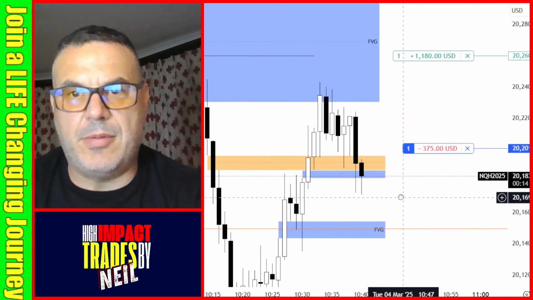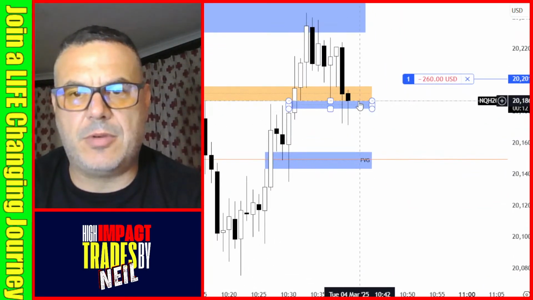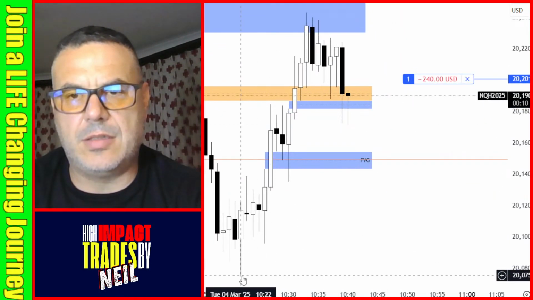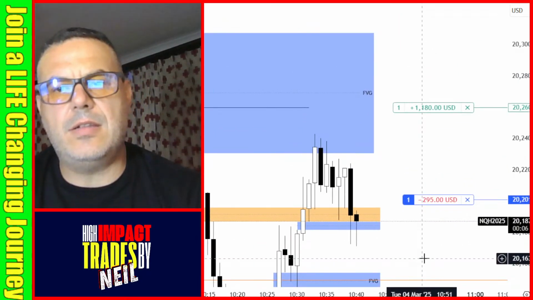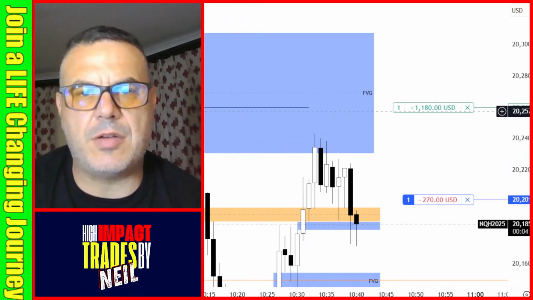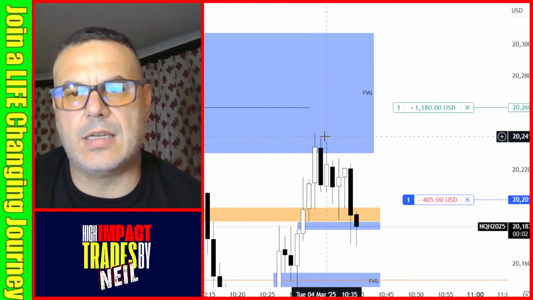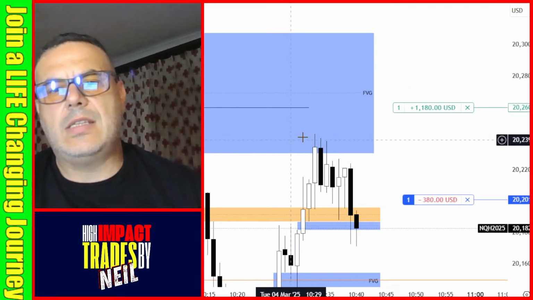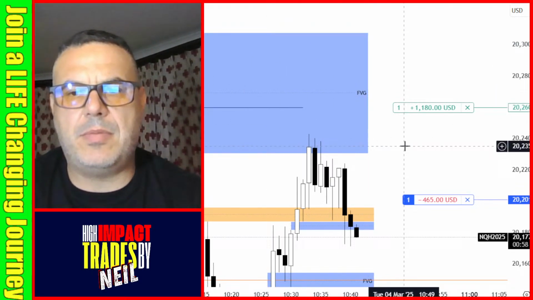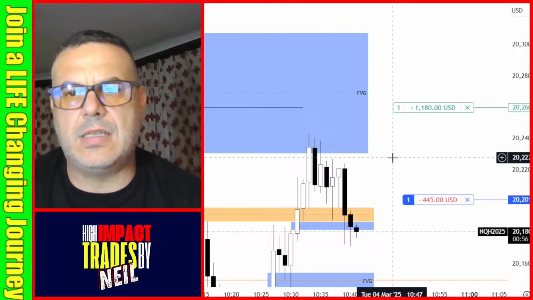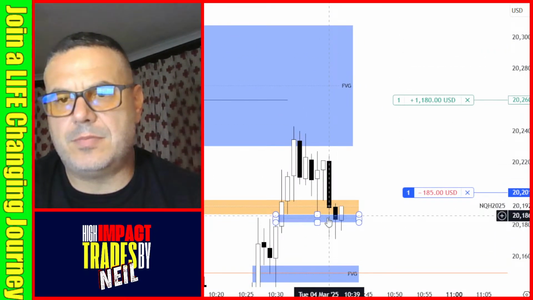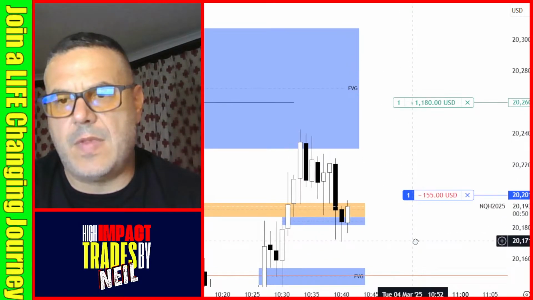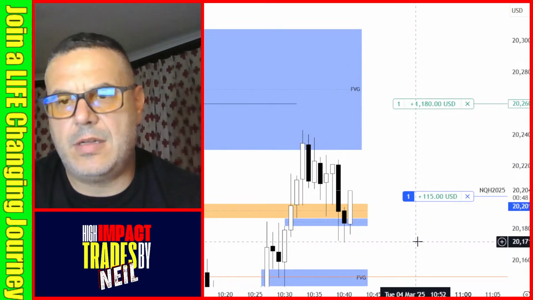Then again, remember what I said earlier, we could see price go all the way back down to this low and then give us that entry that's clean. We've got so many lower highs here. That's all liquidity in a fair value gap. This is a big magnet right here waiting for price to come up. And now let's see if we're actually going to get that push up from here.